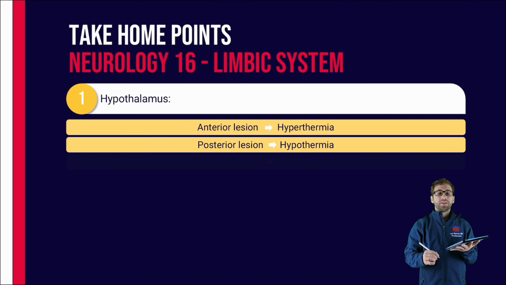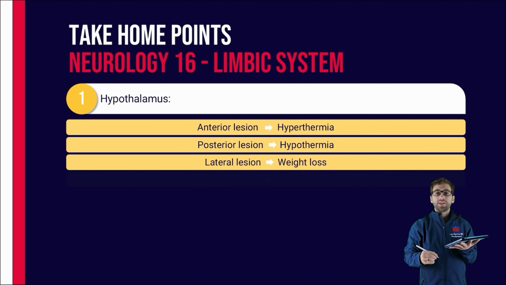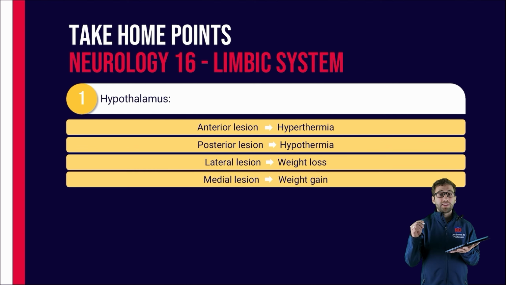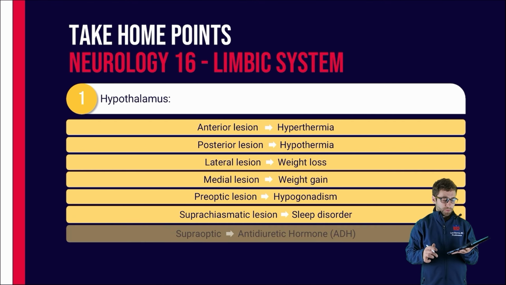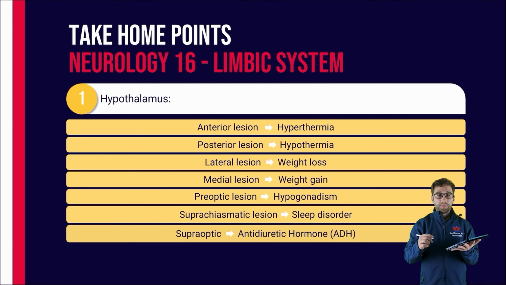A lateral hypothalamic lesion leads to weight loss due to loss of appetite, whereas a medial lesion causes weight gain. A lesion in the preoptic area can result in hypogonadism, affecting reproductive functions. The suprachiasmatic nucleus regulates circadian rhythms, and its lesion can cause sleep disorders. The supraoptic nucleus is involved in the release of antidiuretic hormone, or ADH, crucial for water balance, while the periventricular